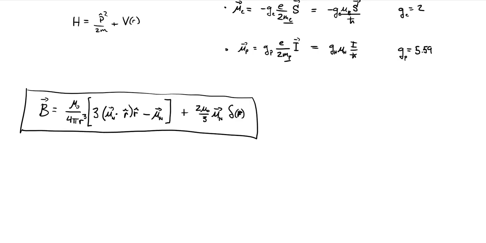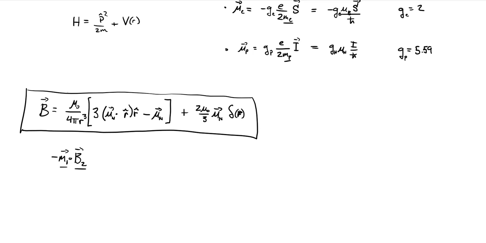Similarly, we could also look at the magnetic field from the electron's magnetic dipole moment, and we get a similar form. But the gist is, this is the magnetic field from the nucleus at the origin. And if we want to know how this affects the energy, well, the interaction energy of a dipole moment in the magnetic field from the other dipole moment is just the magnetic moment of particle 1 dotted with the magnetic field from the other particle. So we're just going to take that dot product and put it together.